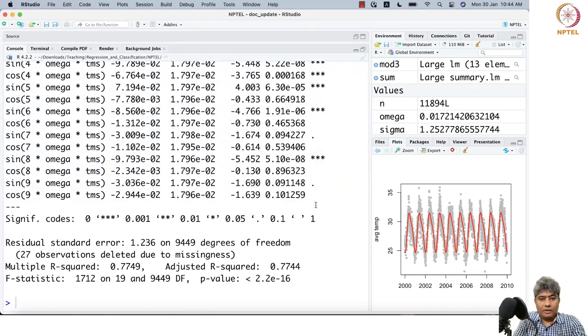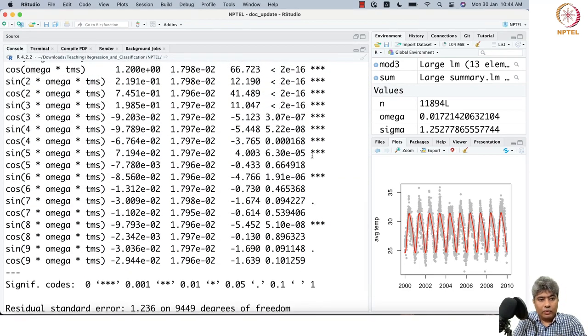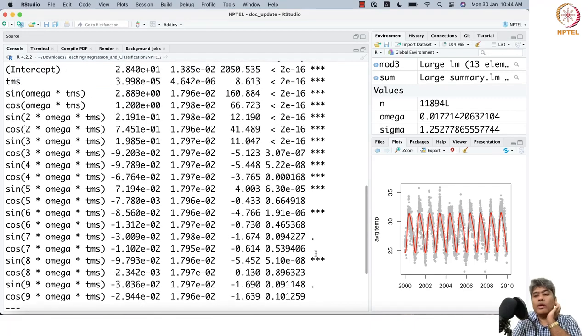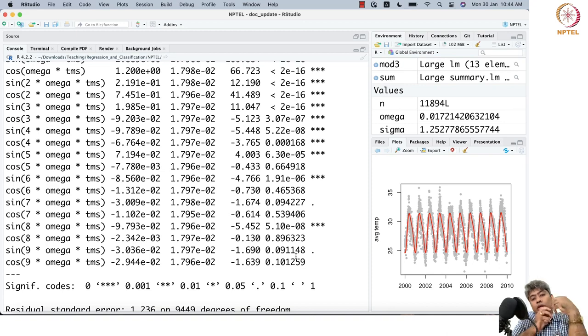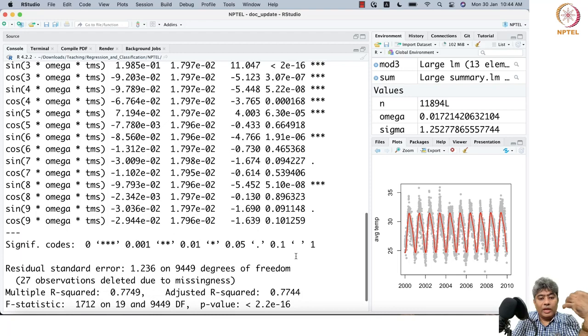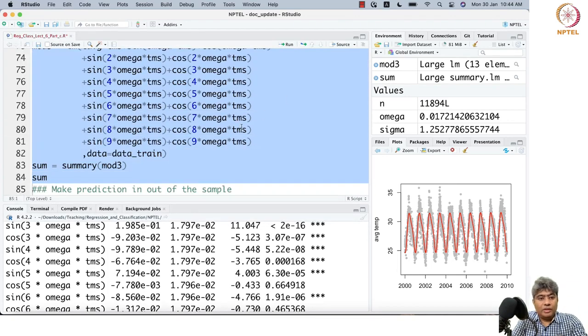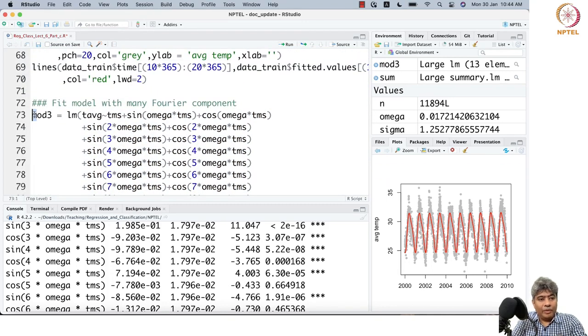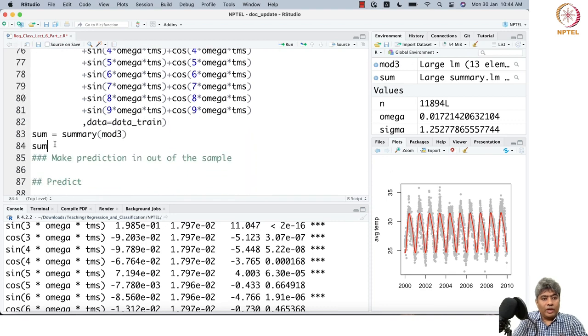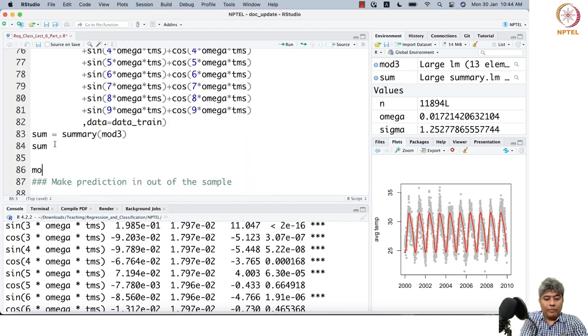So from 5, 6, 7, 8 may have some effect, but 9, they don't have much effect. So what we will do, we don't want to keep growing the model size, and if we do that, we will see that eventually overfitting might happen. So what we will do, we will keep this model, and at the same time we will fit another model called model 4,